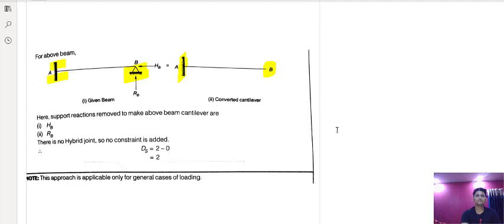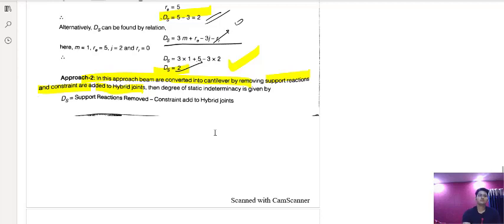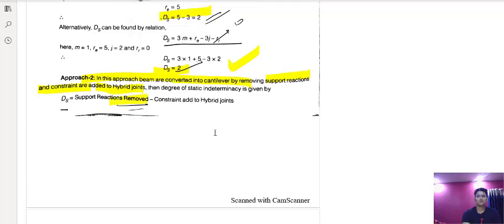So you need to remove these reactions from point B. I have removed these two reactions, so the number of reactions that you have removed is 2. That you need to remember. Now the formula for the second approach is that the value of ds will be equal to the support reactions that you have removed, which is a very important point, minus the constraints added to hybrid